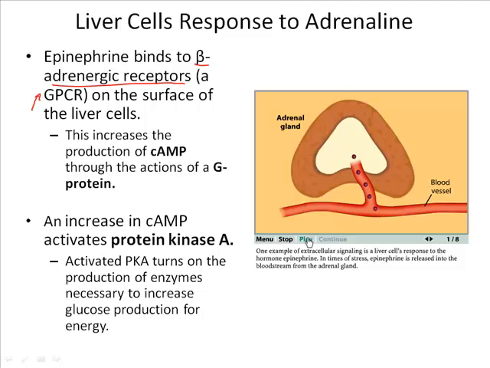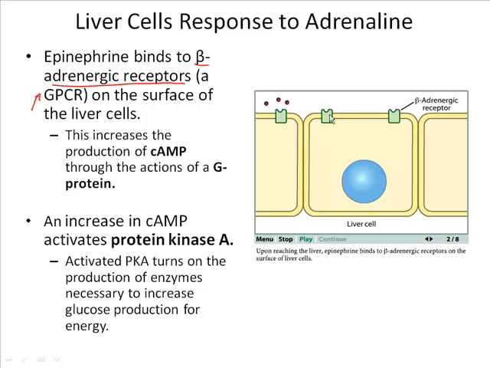Here we can see the release of the hormone from the adrenal gland through the blood vessels. Those particular hormones will arrive at the liver, where epinephrine, as we'll see here, is going to bind these beta-adrenergic receptors. Now, what's going to happen to these beta-adrenergic receptors once the signal is bound? That's right. These receptors are going to change shape. They're going to undergo a conformational change that's going to be transmitted from the extracellular side all the way to the cytosolic side.